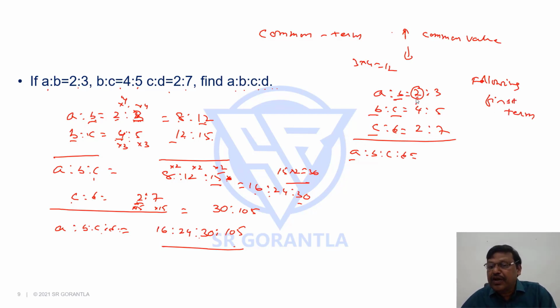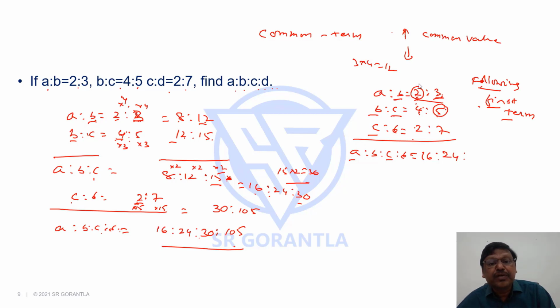If you multiply with the following first terms, 2 into 4, 8, 8 into 2, 16. Now, similarly take B, 3, and multiply with the following first terms. Following ratio's first terms means 3 into 4, 12, 12 into 2, 24. And now let's say C starts with 5. I'll multiply the following first term, but there is a ratio before this.